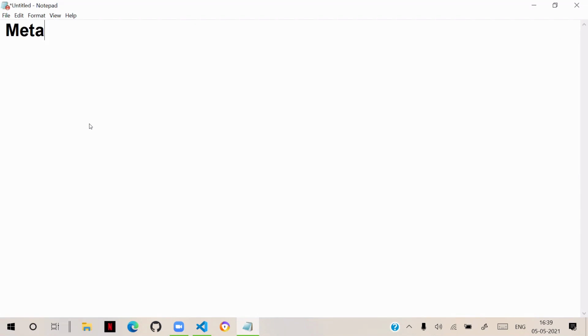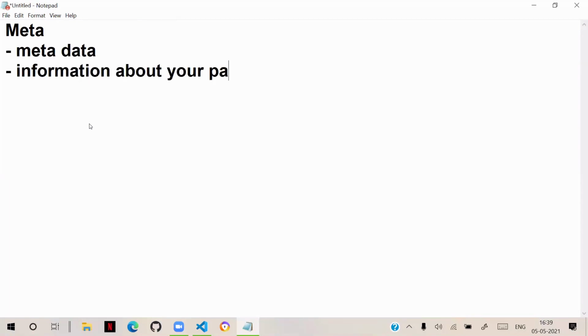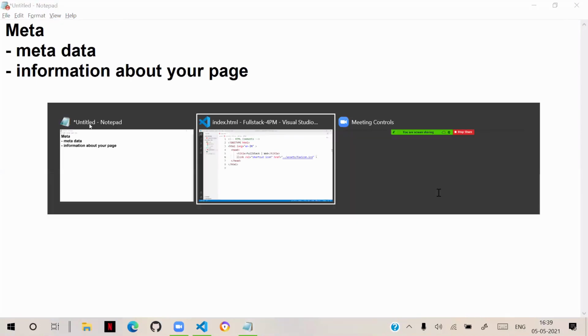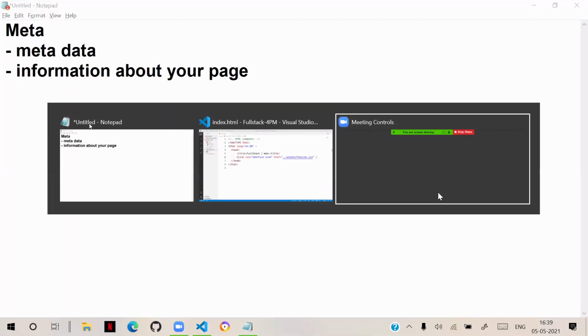Actually, meta has a lot of options. The purpose of meta, meta means metadata. Metadata means information about your page. So to whom are you giving this information, who needs that information about the page?